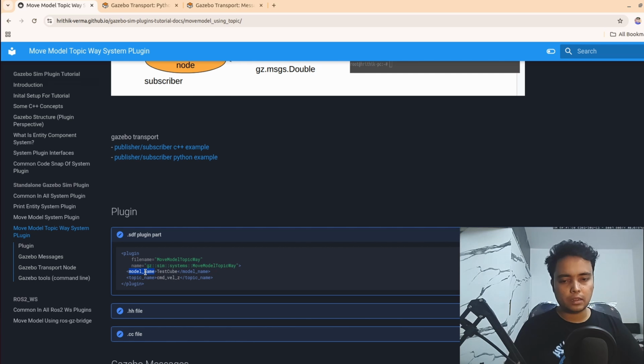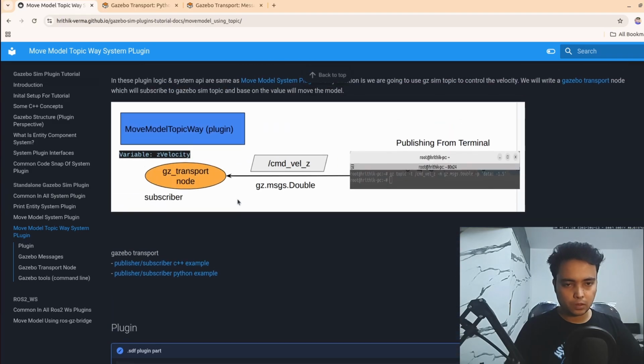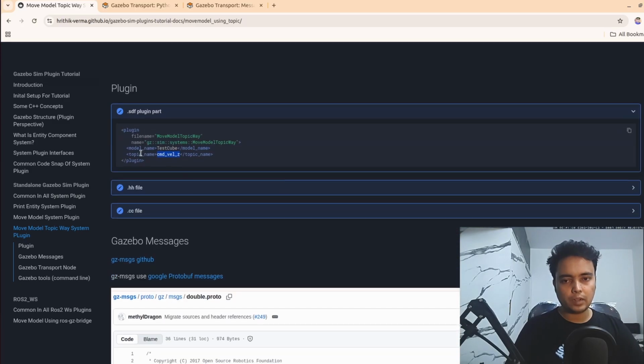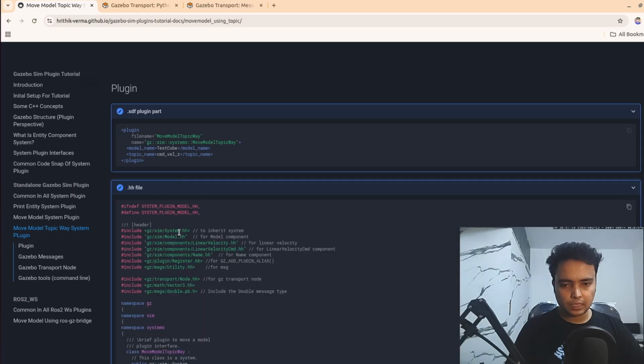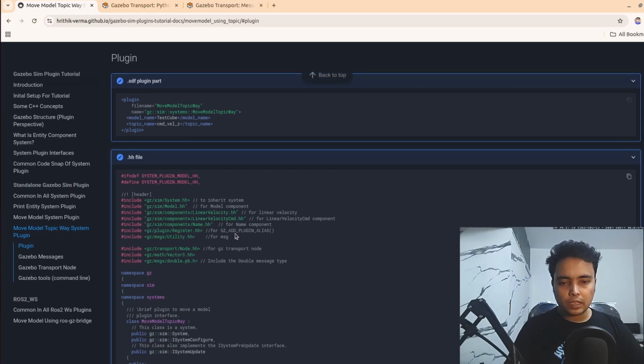Now the same model name is there, the same thing, it's still there. Now we are using this topic name to mention this topic. So this topic name is basically going to come from this SDF file, the world file, and everything over here that we had in the last video is the same. Nothing has changed. Just we have added this Gazebo transport node for Gazebo, and this GZ messages double for our